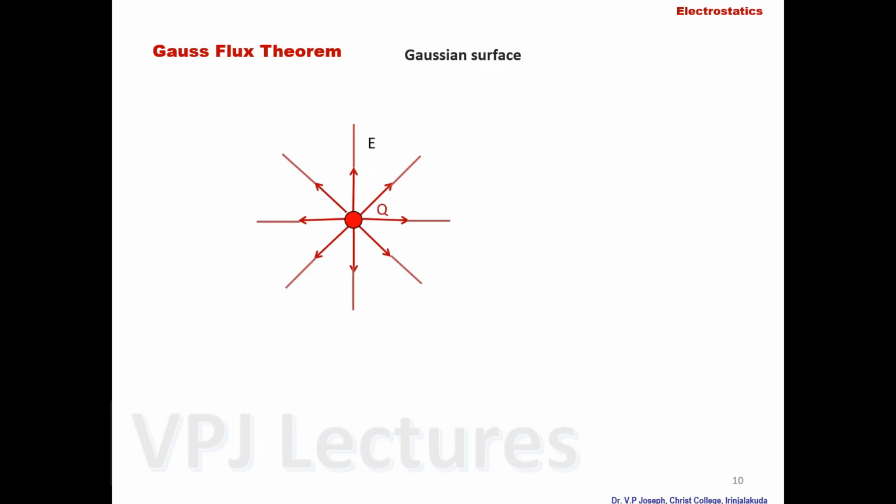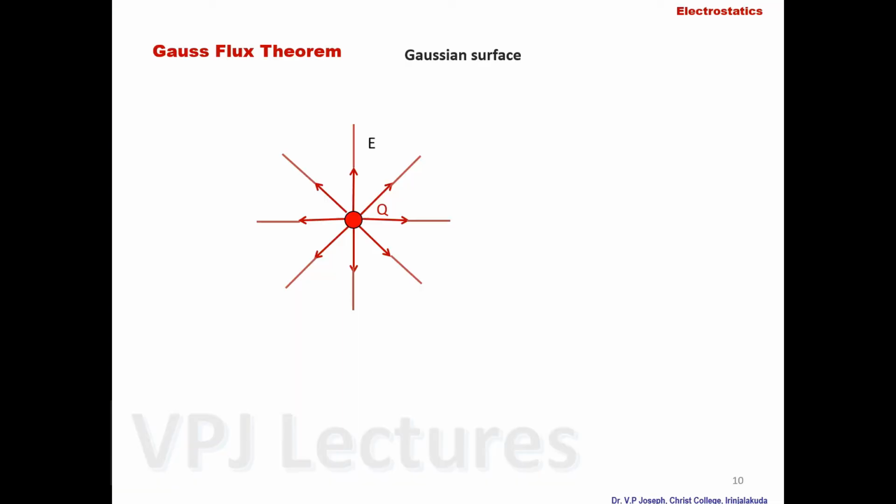Now the concept of Gaussian surface. We can have two types of Gaussian surface. We will consider the Gaussian surface in a symmetric form and in an arbitrary form. For this example, a source in the form of a point charge or a symmetrical spherical charge is considered. And for this case, the Gaussian surface is spherical in shape, and we are considering the source at the center of the Gaussian surface,